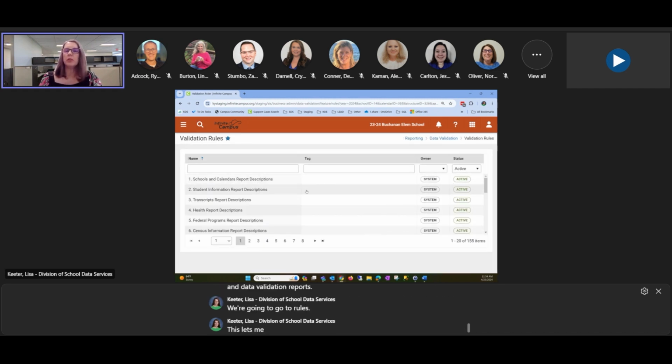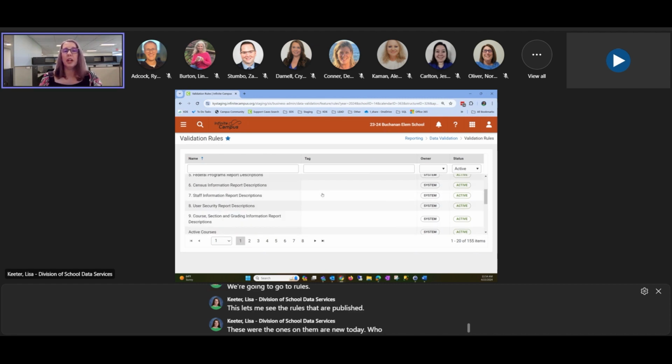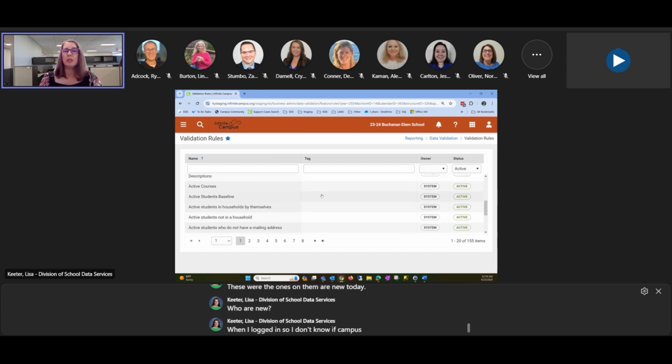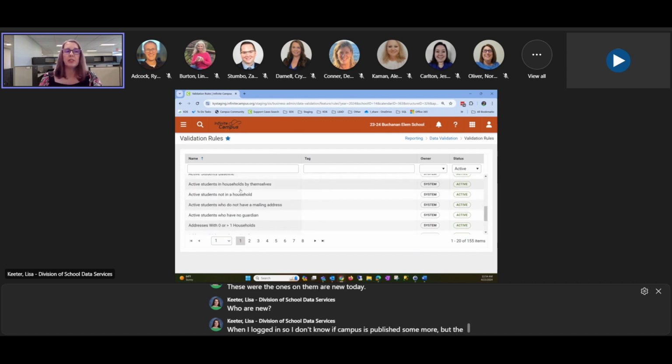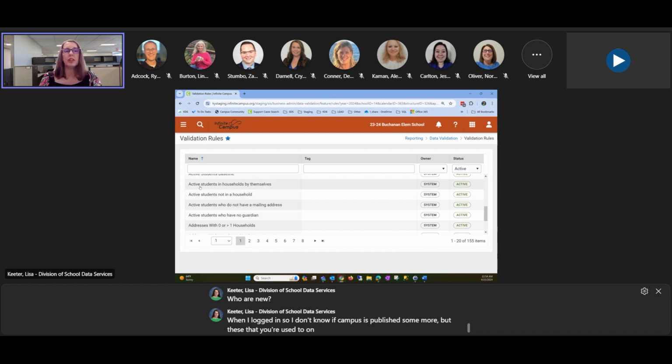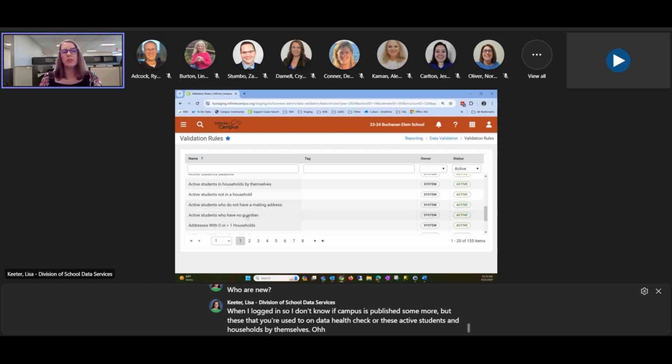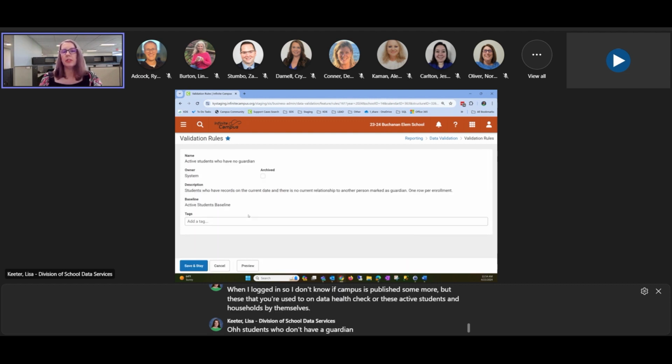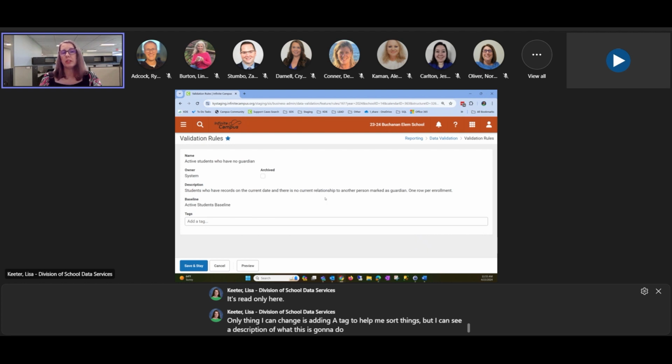This lets me see the rules that are published. These with the ones on them are new today, or new when I logged in, so I don't know if Campus has published some more. But these that you're used to on data health check are these active students and households by themselves, students who don't have a guardian. Let's look at this rule. When I open it, I can't change anything. It's read only here. The only thing I can change is adding a tag to help me sort things, but I can see a description of what this is going to do. It's pretty self-explanatory. The name was fairly useful, but